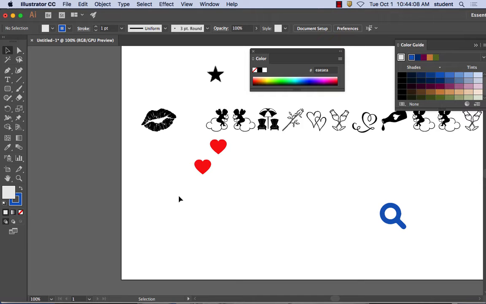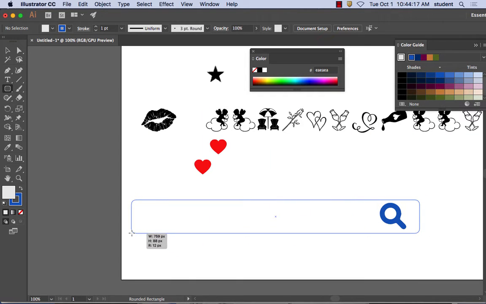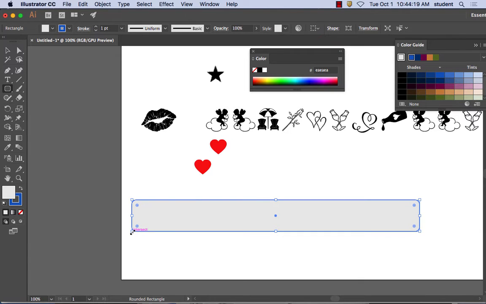So I'm going to make a box now. Again, this round rectangle, and I'm going to drag it over top of my thing here. There we go. That's a nice search box right there. Now remember, things inside of Illustrator are actually layered, which means I just drew a box over top of